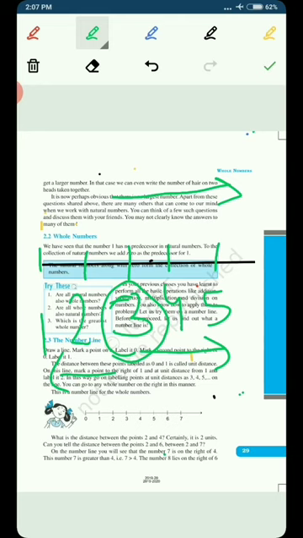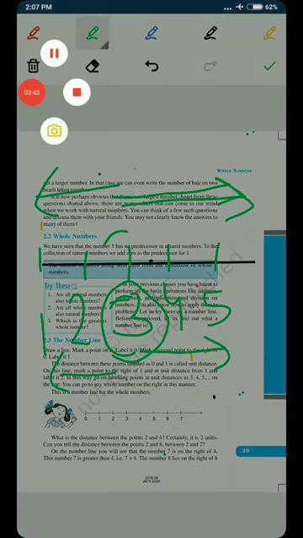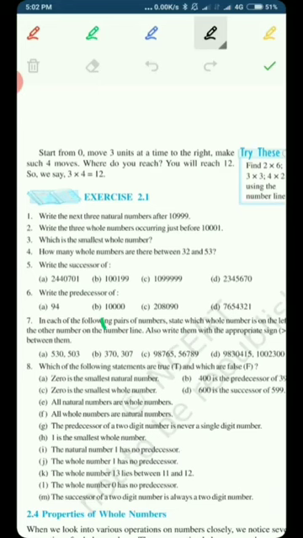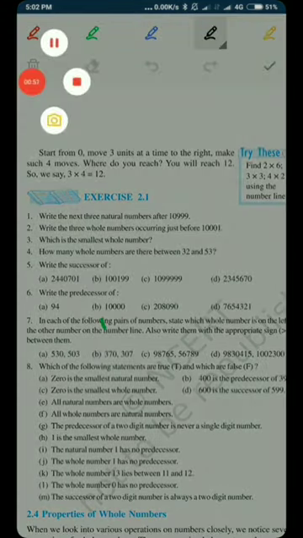Whenever we are on the number line, to the right hand side of a given number, the numbers are always greater than the given number, and on the left hand side there are always the numbers which are less than the given number. So this is a very important point which we have to keep in our mind. Now we are going to sum up everything by solving the exercise questions. By doing these exercise questions, we will become more perfect in whatever we have learned in our previous videos. So let's start now.